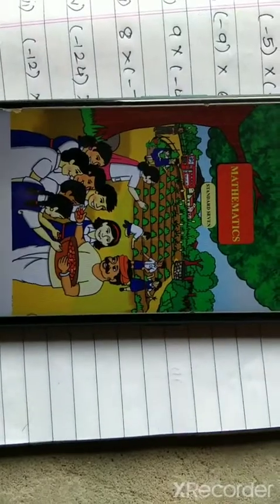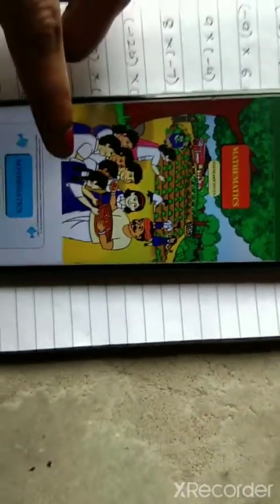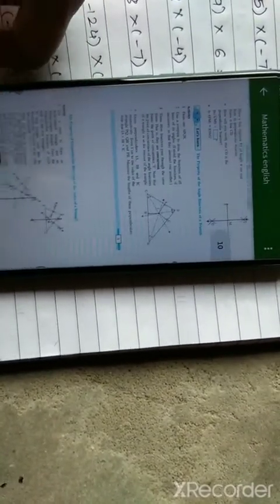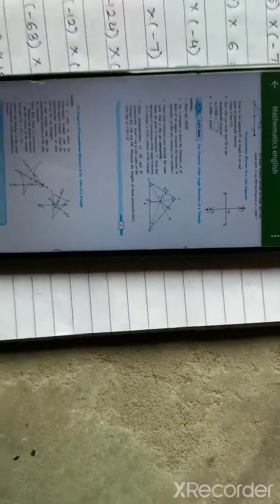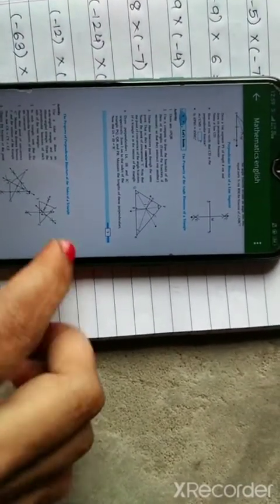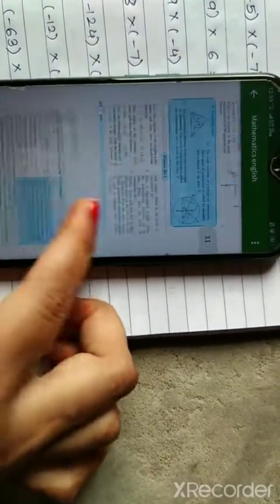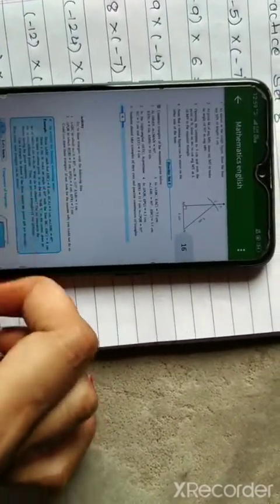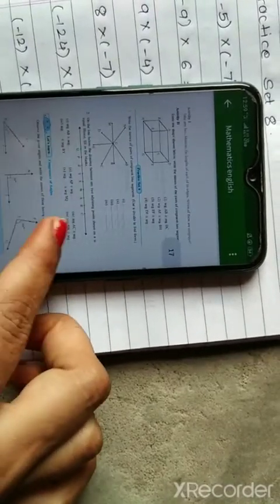Hey students, today we'll start with our maths, that is your mathematics for standard 7th. The textbook that you all have will look something like this. This is the front cover of your textbook, and when you open it, we'll start with chapter number 2. As chapter number 1 has some constructive part, that is construction, we will do this later. So starting with chapter number 2, the chapter name is multiplication and division of integers.